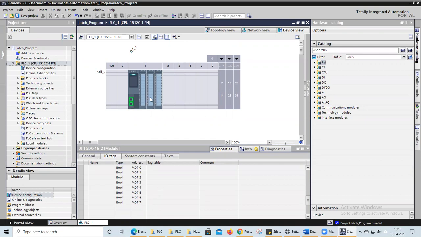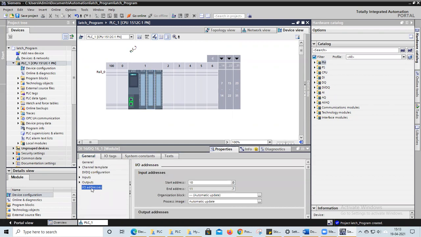Now you click on the second column, means the middle column of the CPU. You can see my cursor is there. So I clicked on this one. It is showing digital input 16, digital output 16, first module. Here also you can see the address. For the middle module, the address starts from 10.0 to 11.7.